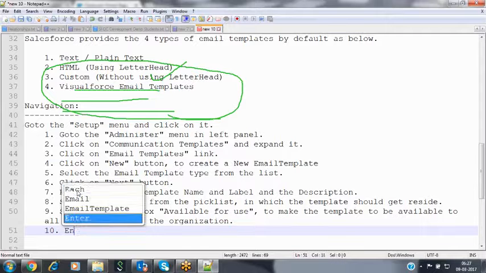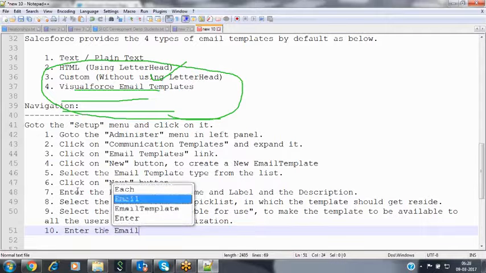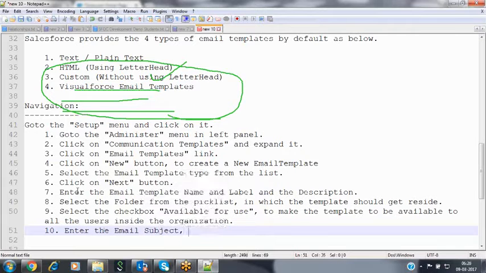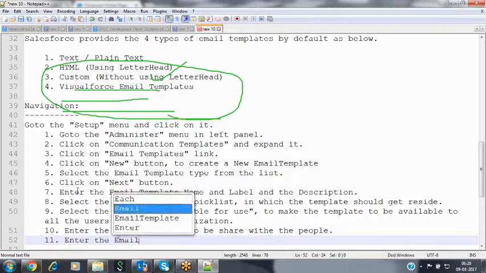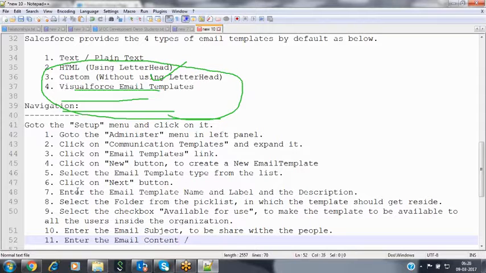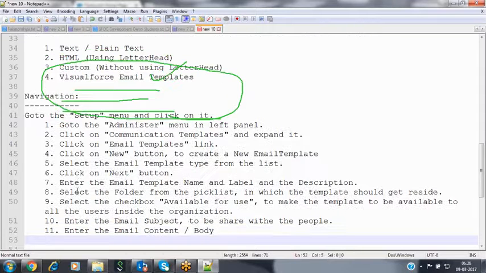After that, enter the email subject to be shared with the people. Enter the email content, or the email body, which we can specify here.